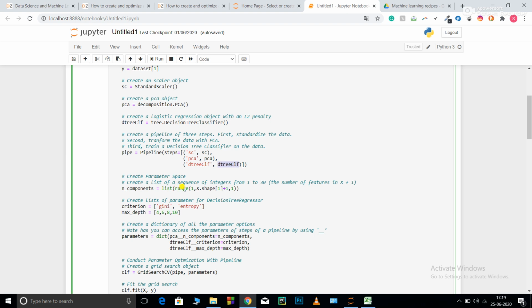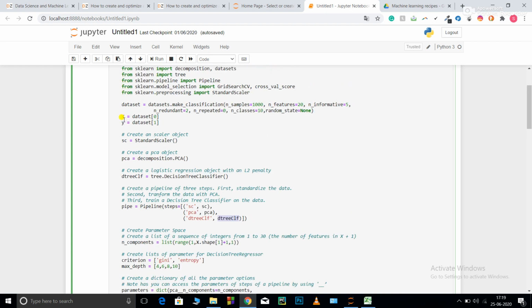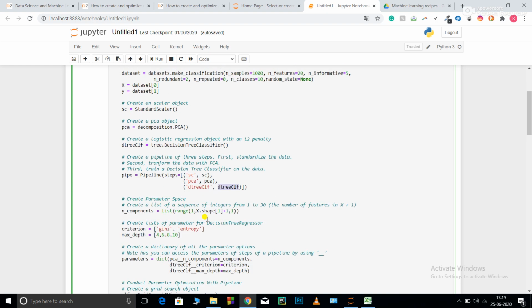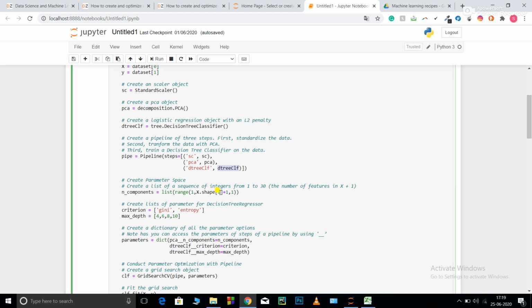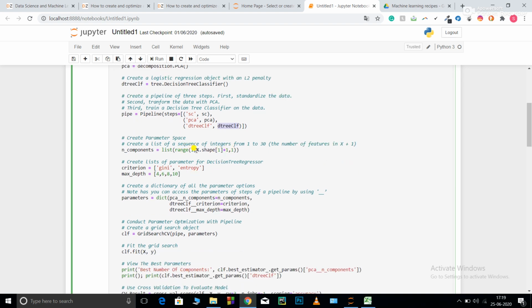Basically I'm creating a list using the range function from 1 to X dot shape. X dot shape will give me the shape of this data set, index 0 and 1, and index 1 will give me my number of columns. So basically this means from 1 to the last column of my data set, vary all the components and give me the best component.